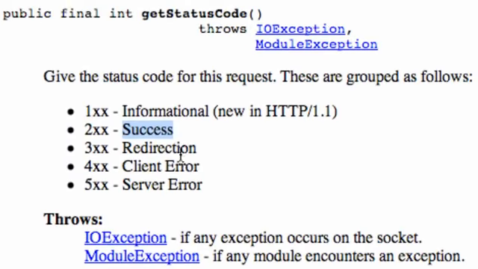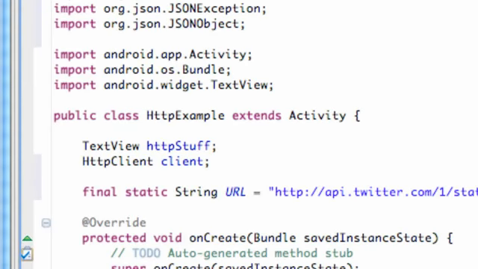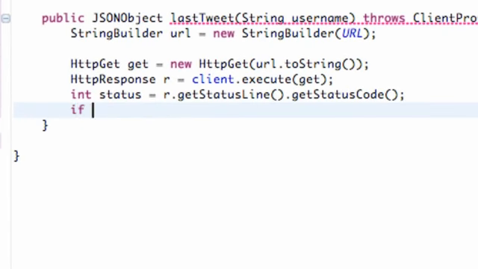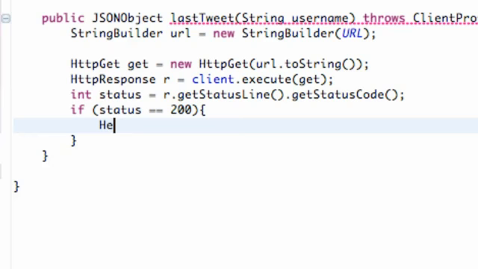I pulled this up. It's the Java doc, and for this get status code that we just used, if it returns something like 200, that means it's a success. 100 is just informational, 300 is redirect, 400 is client error, and 500 is server error. So what we want is actually the 200 if it's successful. So we're going to set up an if statement. If our status is equal to 200, then we're going to set up an HTTP entity